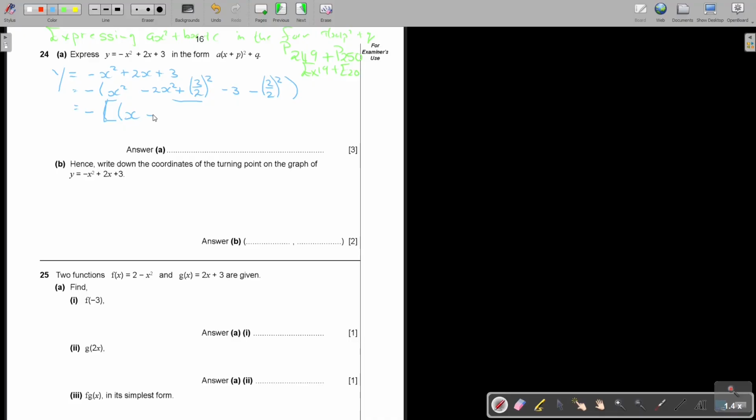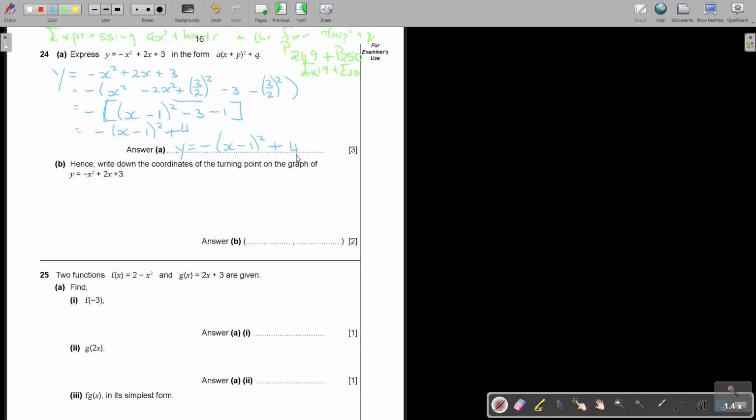Now be careful, it's just going to be 1 once it's 1. Do you see? Squared. Then it's -3 minus 1, and you close. So this is going to be negative x minus 1 squared. And then this is -4 times that negative is positive 4. So this is going to be y is equal to negative x minus 1 squared plus 4. That's going to be my answer.